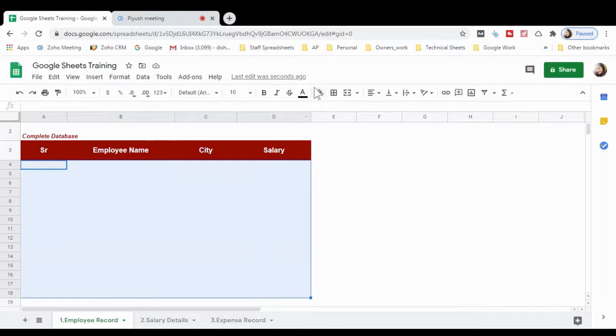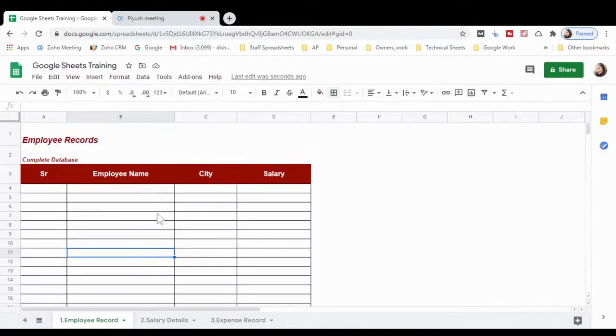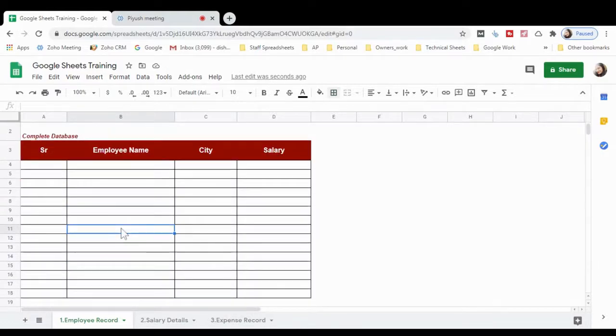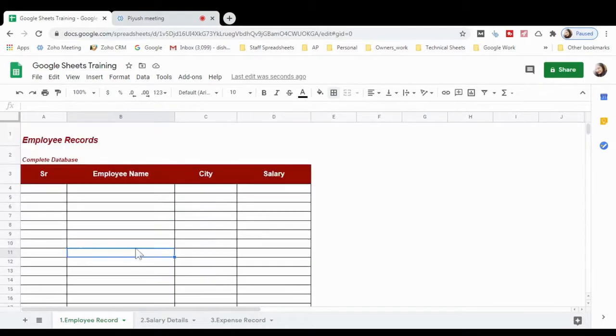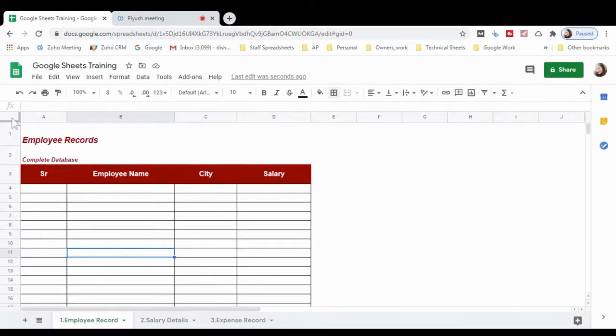After selecting, click on this borders. Add the borders here. As you can check, only the places where I want the grid lines, or you can say the borders, have come up here. Now, if you want to add some records here, simply type in here to make them